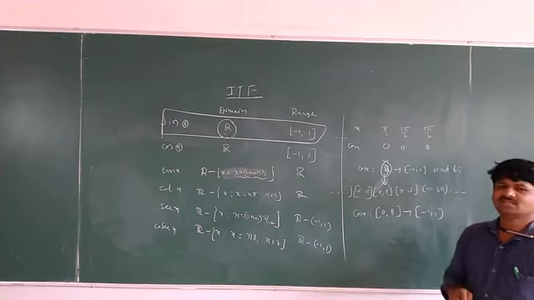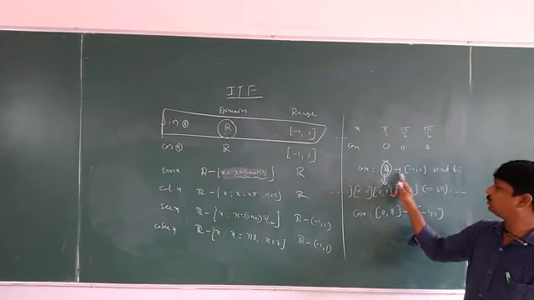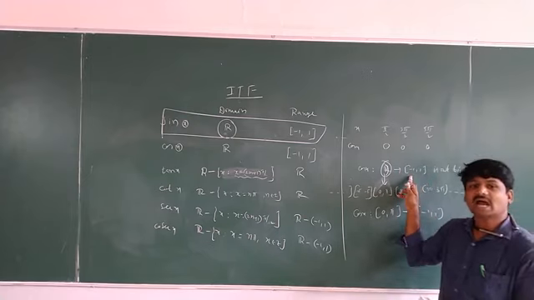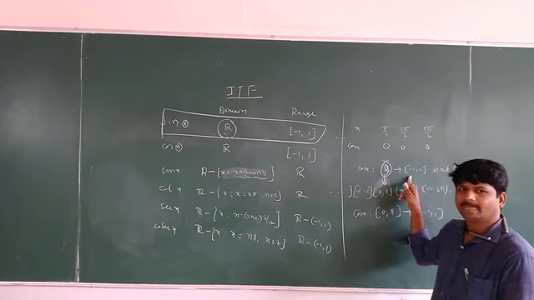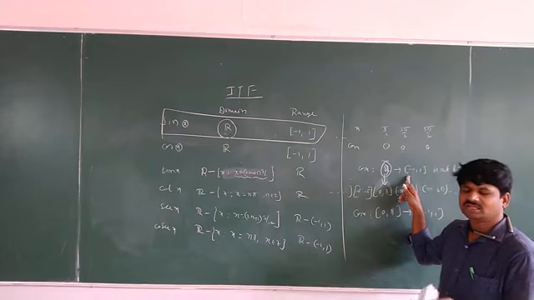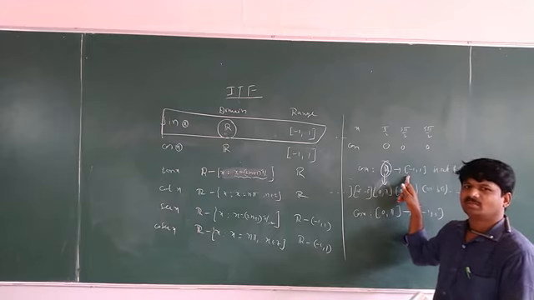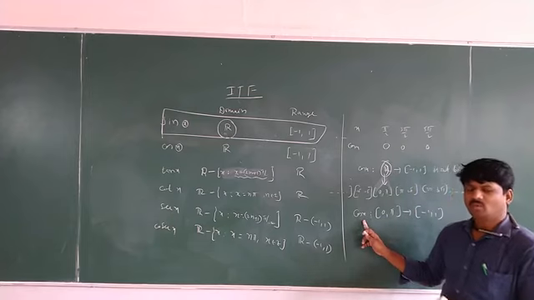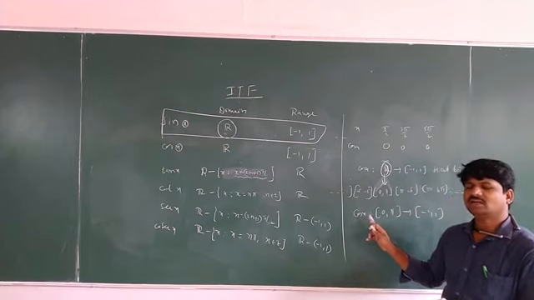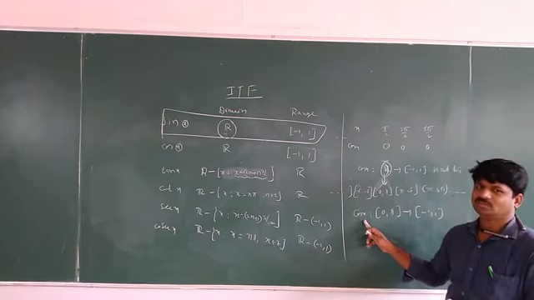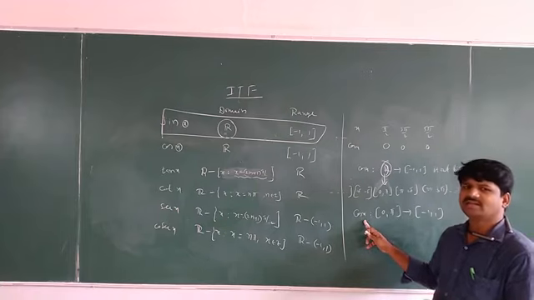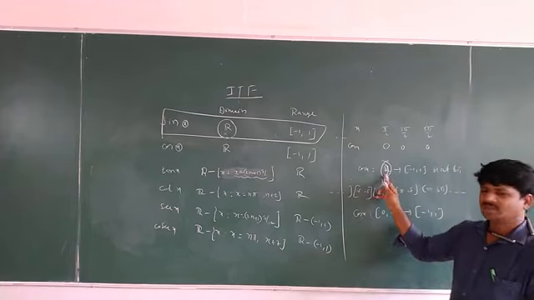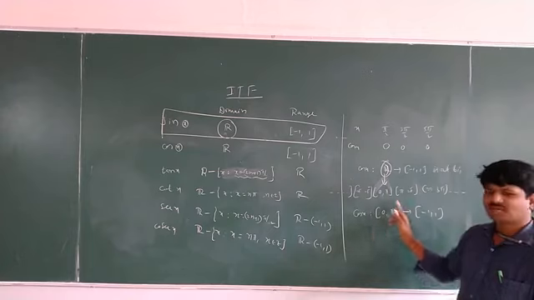Why are we taking it like this? Because cos from R to closed interval minus 1 comma 1 is not bijective, not one-one. If it is not one-one, it is not bijective. But here we have to make the cos function bijective. To make it bijective, what did I do here? I restricted the domain to intervals. From the intervals, one interval I have taken.